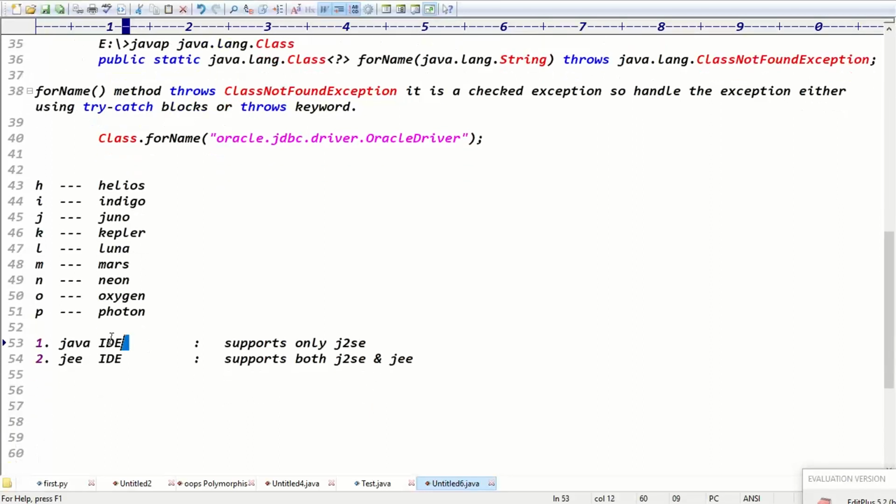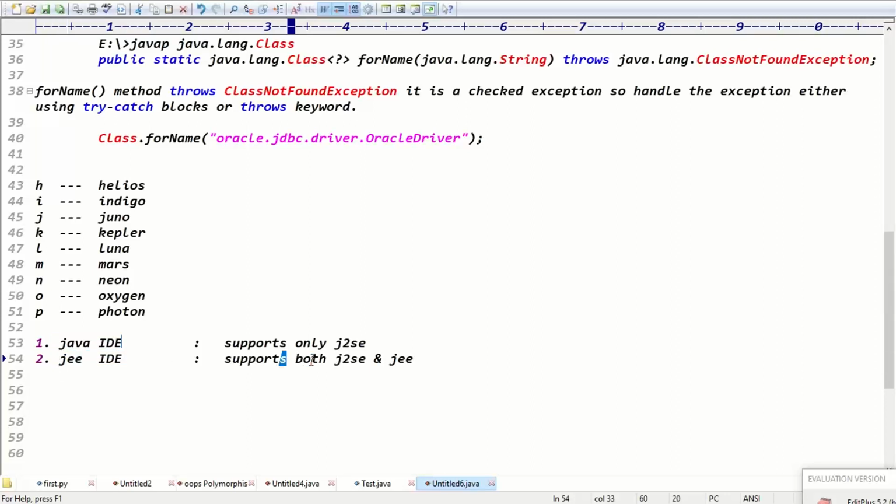If you are going for the Java IDE, it supports J2SE. What about JDBC? Does JDBC belong to JEE or J2SE? Guys, JDBC belongs to which part? In the demo class itself I said that point clearly. JDBC belongs to which part? JEE. Oh my god, JDBC. J2SE, sir. Core Java plus JDBC. Yeah, Core Java plus JDBC belongs to J2SE, right? Yeah, that's what. If you install the Java IDE it supports JDBC, guys, but servlets and JSP are not supported, right?